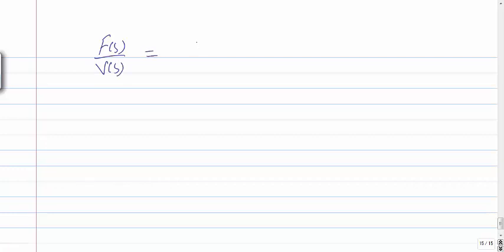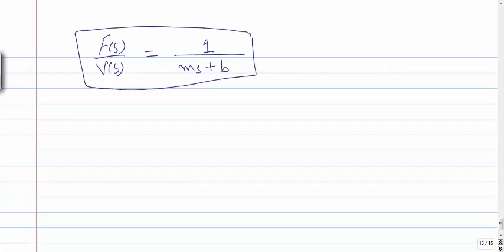It becomes 1 divided by ms plus b. Now how does this transfer function help us? So let's see, assume that you want to calculate the velocity